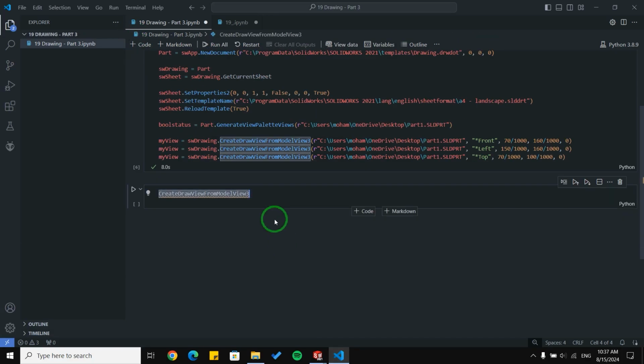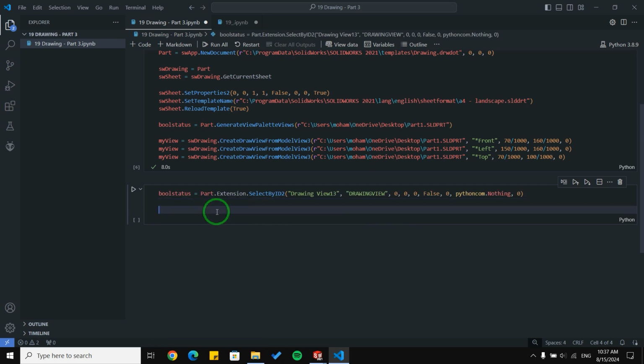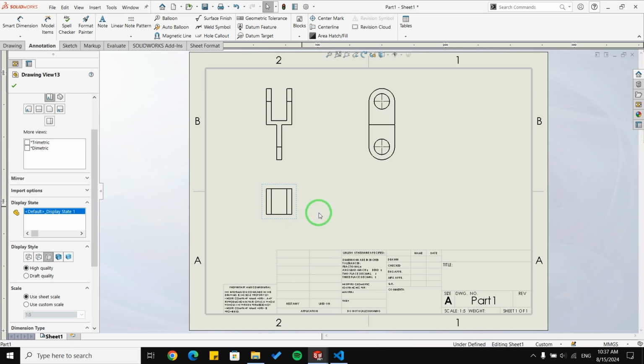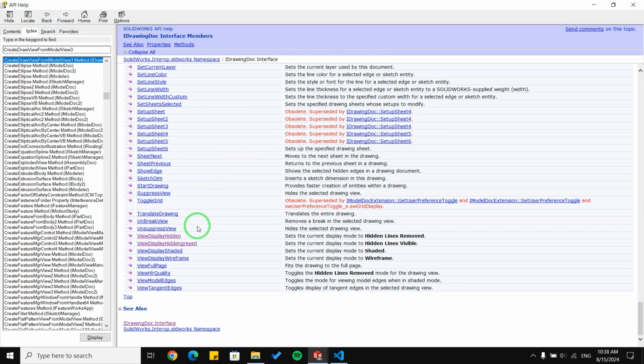I have a, let me paste it here. I have a line here which will select this view for me. Okay, I'm going to copy this function, but this is hidden lines removed, so we don't want this. We want this function, hidden lines visible. We want the hidden lines to be visible.